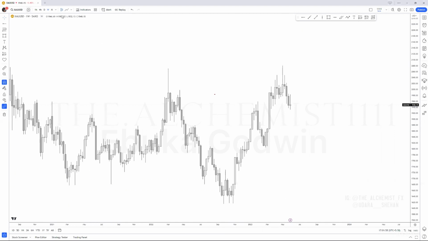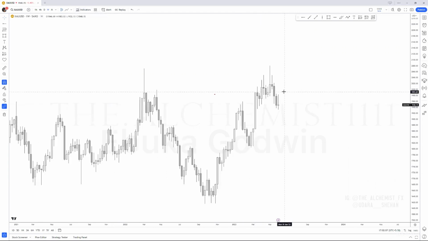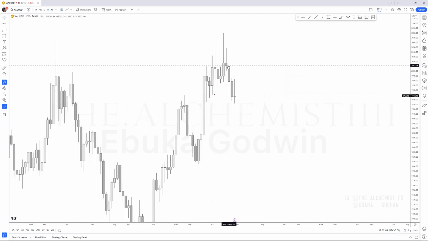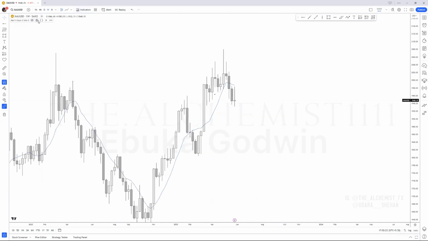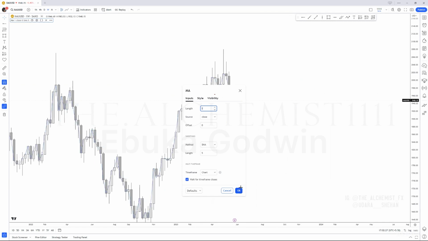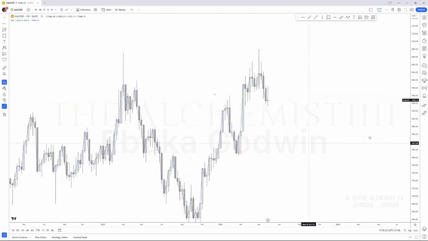Until you practice this, just use that moving average thing: put the line chart on the candlestick itself. That way, as soon as you see the candlestick, you will know if there is a closing price or not. Very simple, if you put it here, let me just do it. Moving average. If you set it to 1, until you practice, just do it like this. Use this thing until you practice this.